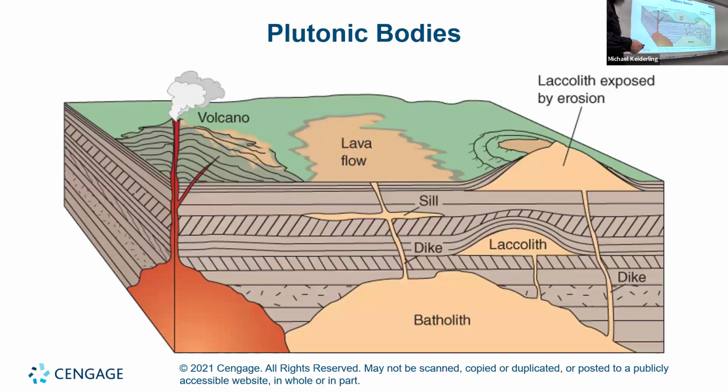So here are some examples. A sill is when the gap between layers of existing rock gets filled with magma and it cools. A dike is when a fault or joint cutting through layers of existing rock gets filled with magma and it cools. And a laccolith is like a sill, it's between layers, but enough magma is pushed in to squeeze up the layers of rock above it, so it blisters up. And then a batholith is just a big, giant, solid lump of magma cutting through many layers that is particularly large,